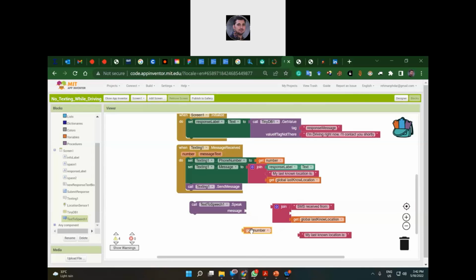Is it supposed to be set number or, no, it should be the get number actually. Yeah, it is okay. I think last time I did it wrongly. Okay, so you see, you received a message from this number, and after that, the message is